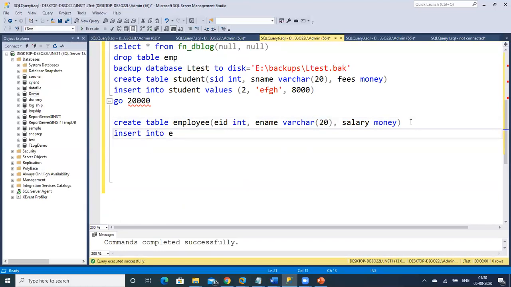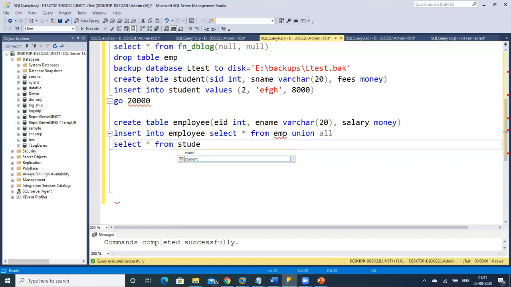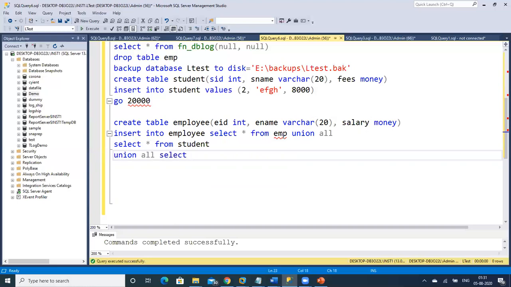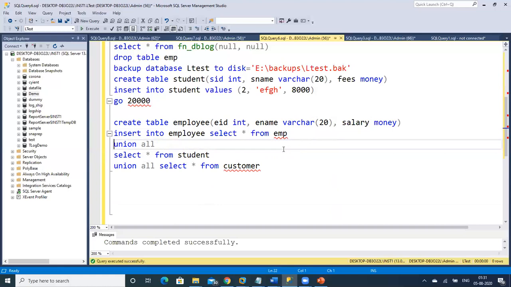Insert into employee, select star from EMP, union all, select star from student, okay, union all, select star from customer. It should get executed, but